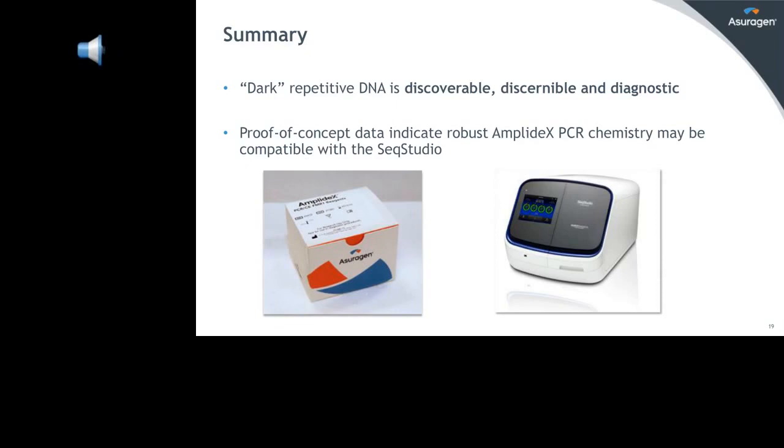So in the course of our evaluation, we easily detected a 5% mass fraction, say with FMR1. In fact, we achieved as low as a 1% equivalent of full mutation as an admixture using a 940 CGG FMR1 cell line in a background of an expanded cell line sample. And we would expect that the sensitivity for lesser repeats in the premutation range would be similar.